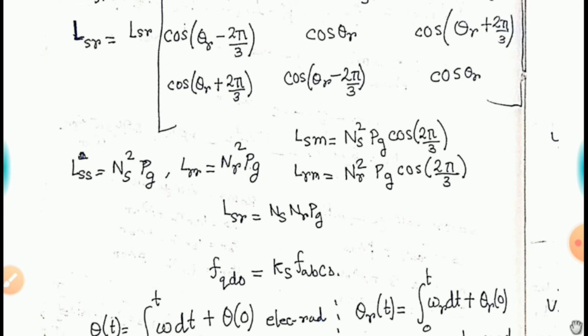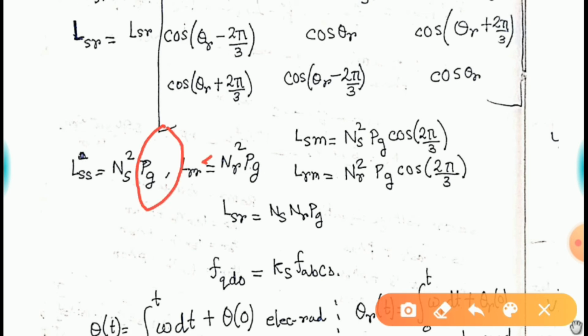So LSS is the self inductance of all the three phases. These are NS squared times PG, where NS is your stator number of turns, and this PG is the